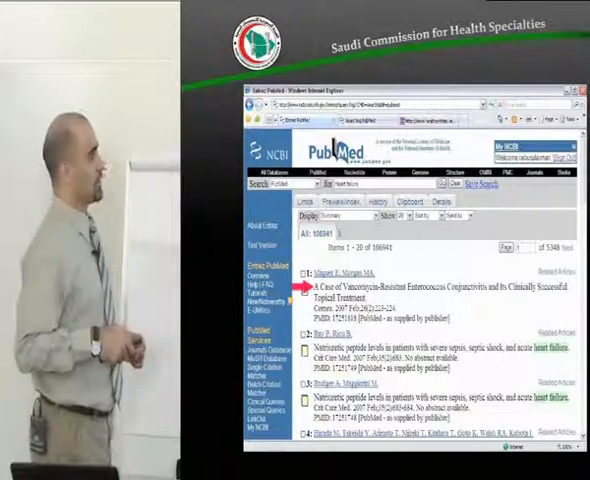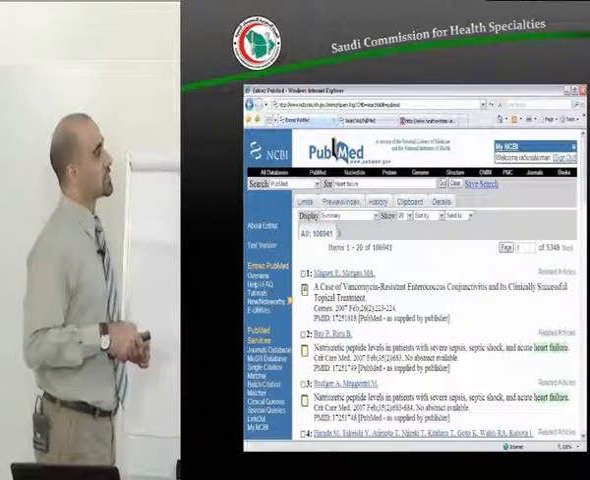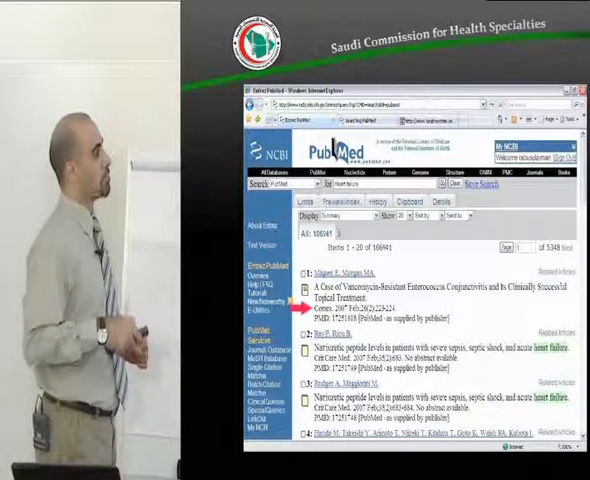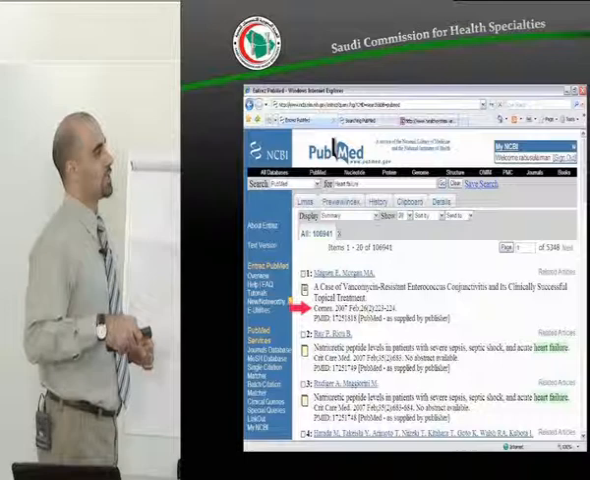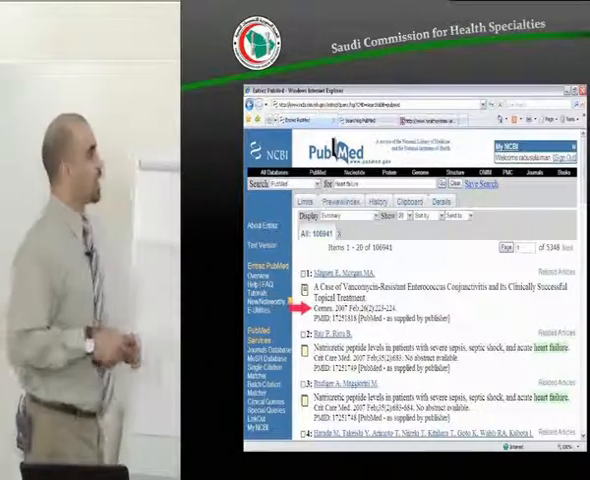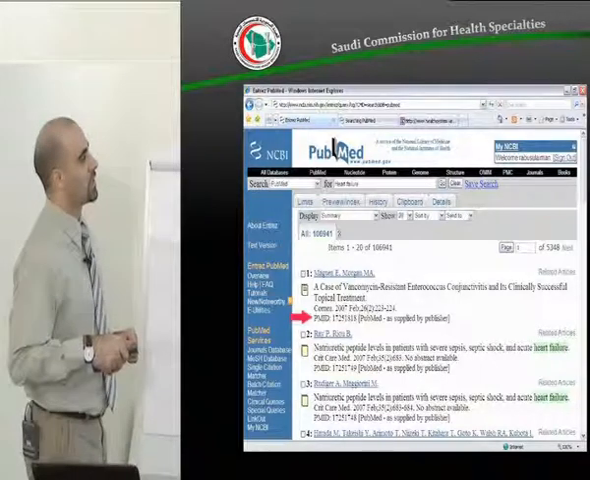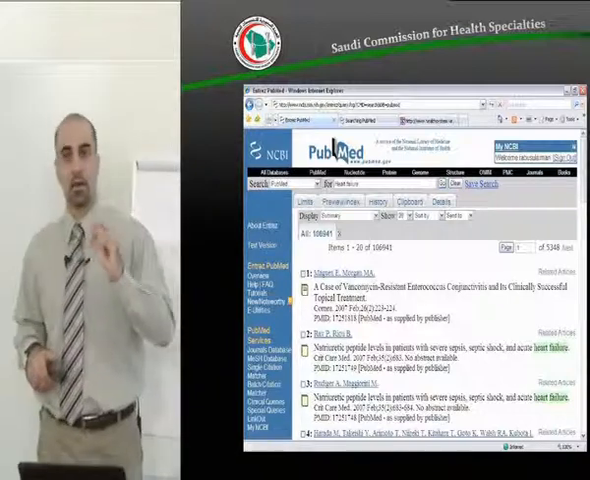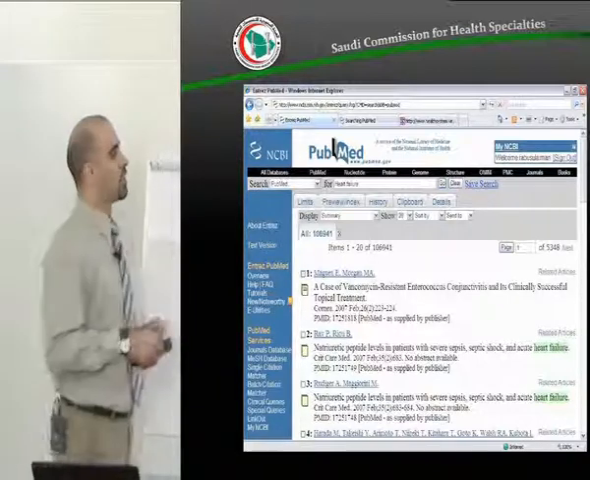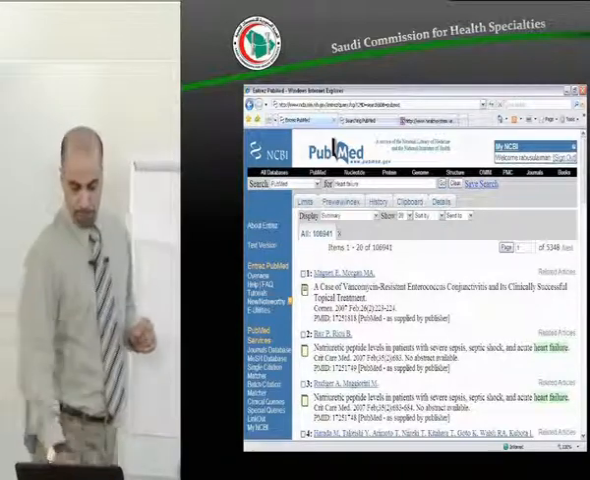This is the title, a case of vancomycin resistant and so on and so forth. And this is the journal where it is published, the year of publication, the month of publication, the volume, the issue, and the page numbers. Okay? And this is an identification number for PubMed, and it's unique for every single publication. For every single article that's published using PubMed, you have a unique identifier. Okay? Now,